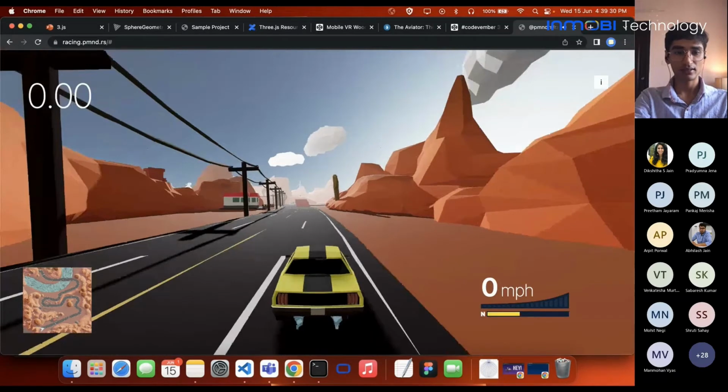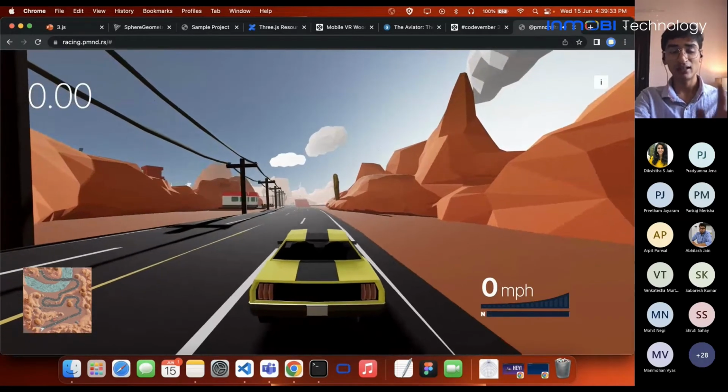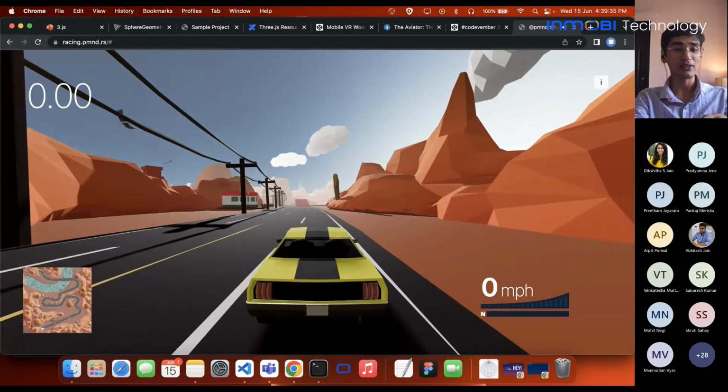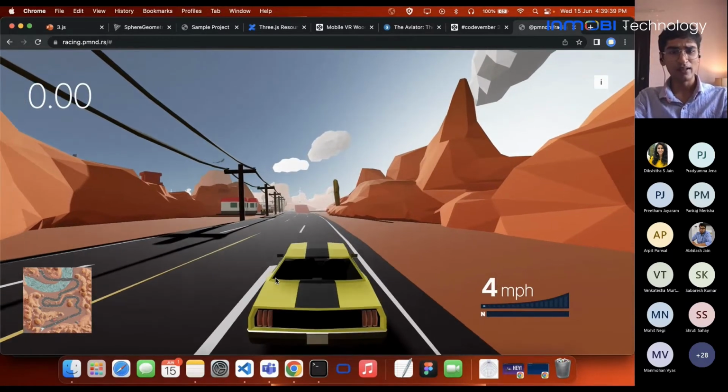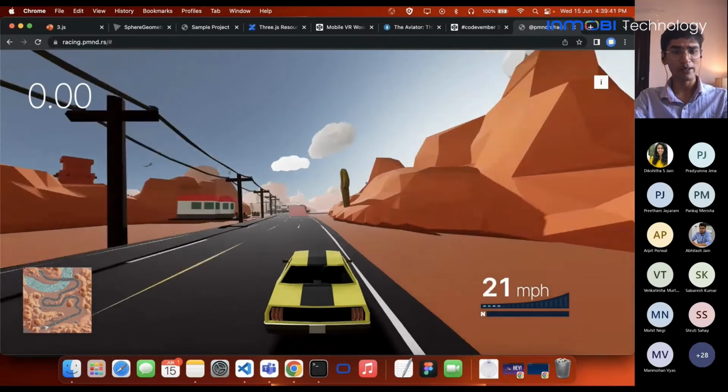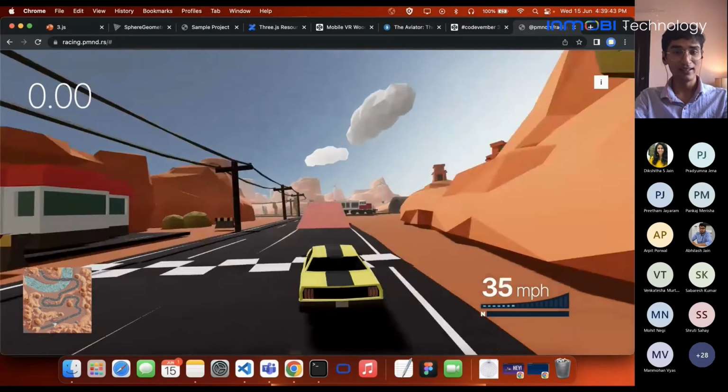So this is where it starts. There is an engine sound. It's beautiful. Do play this. I loved it. It has some zero gravity thing, so the car starts flying randomly. But otherwise, it's nice. If you try to bump into the train, which I have obviously, it doesn't go through